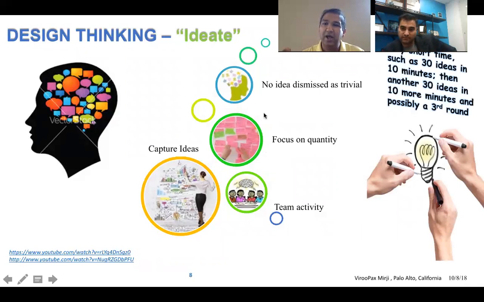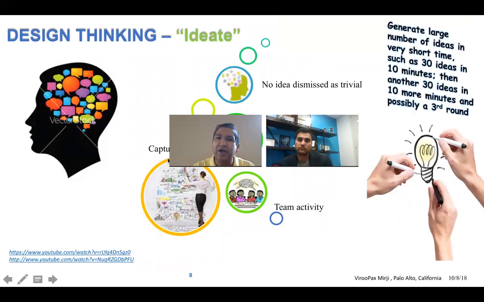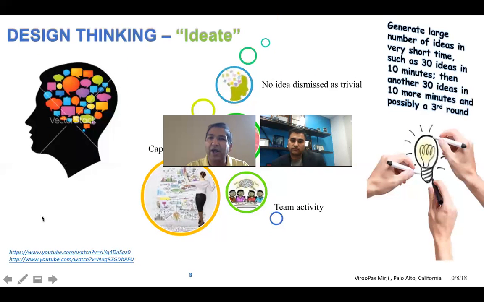Okay, let's say you started off this whole exercise. You came up with so many different problem sets and narrowed it to one problem, right? One area that you want to focus on. But now you need to ideate. So now again, you have to diverge. You have to go out and think broadly of all the possible ideas you can, as programmers, as users. No idea is trivial, okay?